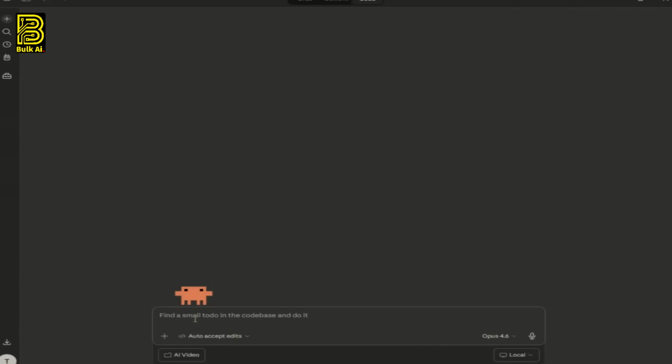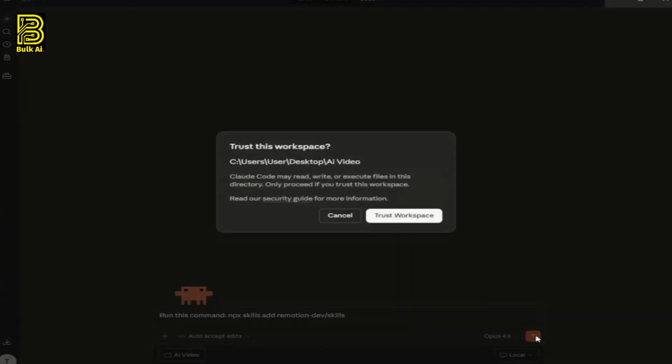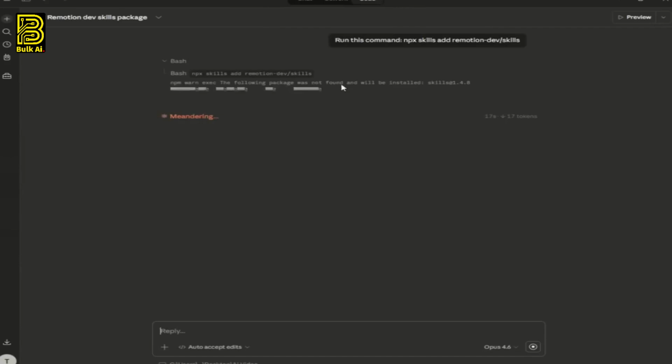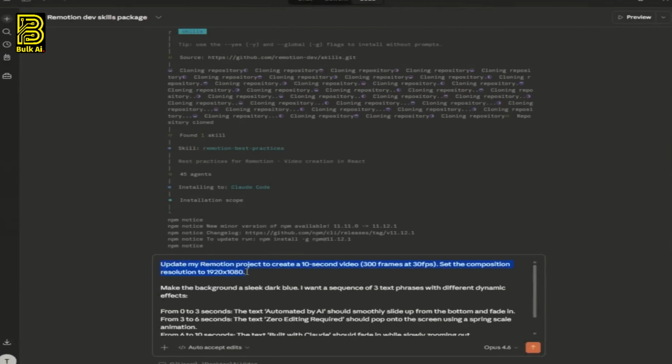Go to the chat box at the bottom of the app and type this exact command. Install the necessary libraries to create and render HTML5 videos with animations. I'll put this in the description. Hit Enter, a permissions box will appear. Click Approve for everything. Step away for a few minutes while Claude downloads the ability to animate and render videos